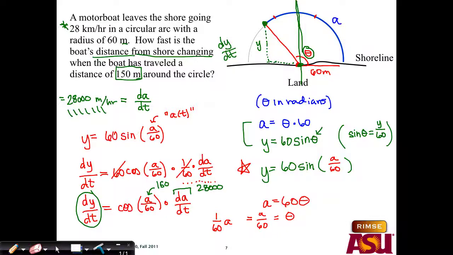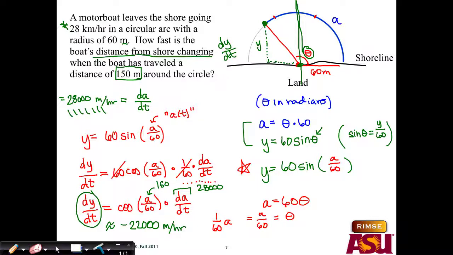So in any case, I believe this comes out to about negative 22,000. dy/dt is approximately negative 22,000. And the units on that would be, again, our meters per hour. We change this kilometers per hour into meters per hour. If you want to put it back, you can say it's about negative 22 kilometers per hour, meaning that